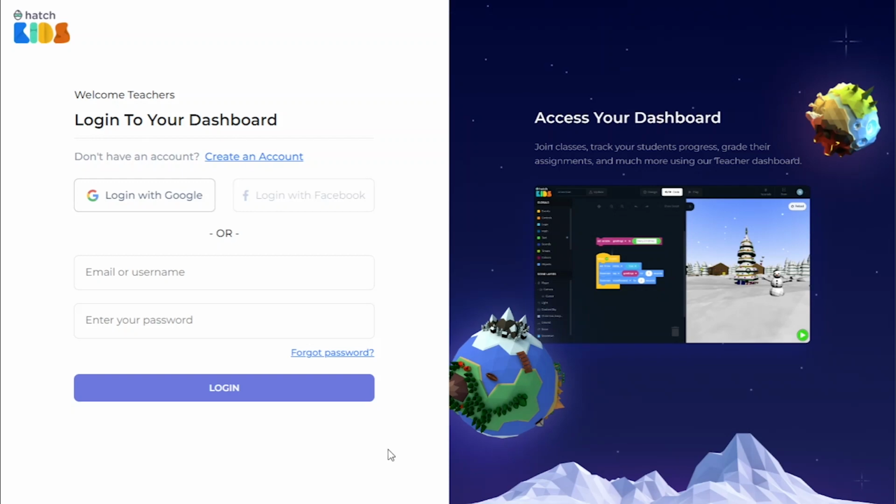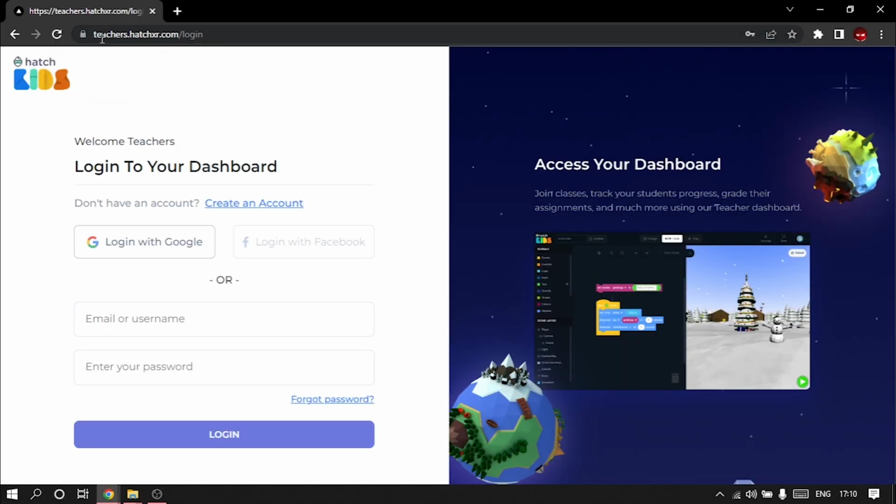Hey everyone, today I'm going to show you how to use the HatchXR's teacher dashboard. So first of all, to access the teacher dashboard, all you have to do is go to teachers.hatchxr.com, and once